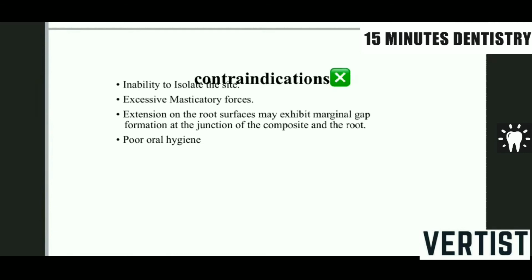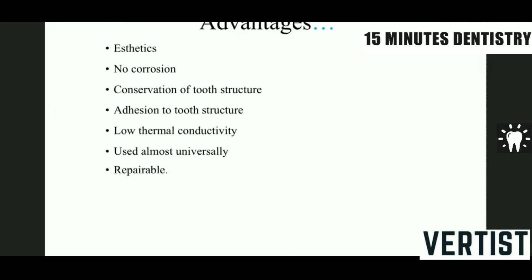Now, what are the advantages of this composite resin over other restorative materials? Composite resin has the highest aesthetic value, they do not corrode, they do not form any corrosion product like silver amalgam. They are very conservative. Wherever the caries is, in that small area, it can be placed, it can be packed, it can be injected. This is the beauty of composite resin. They are available in different forms and different packings, so that it can be used in multiple areas and used versatilely.